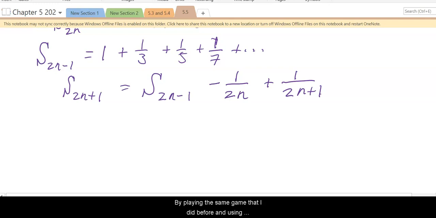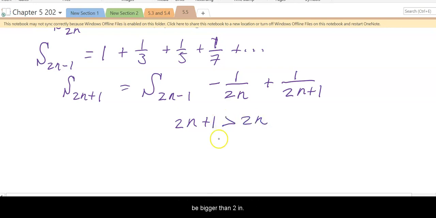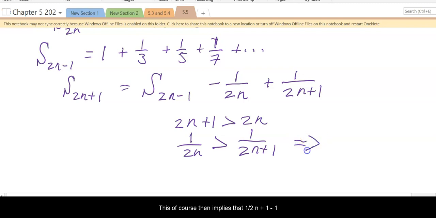By playing the same game that I did before and using the inequalities, I can show that 2n plus 1 has to be bigger than 2n. Since I am allowing n to start at 1, I know both of these have to be positive, and then I can divide both sides by each factor, and this would give me that 1 over 2n must be larger than 1 over 2n plus 1. This, of course, then implies